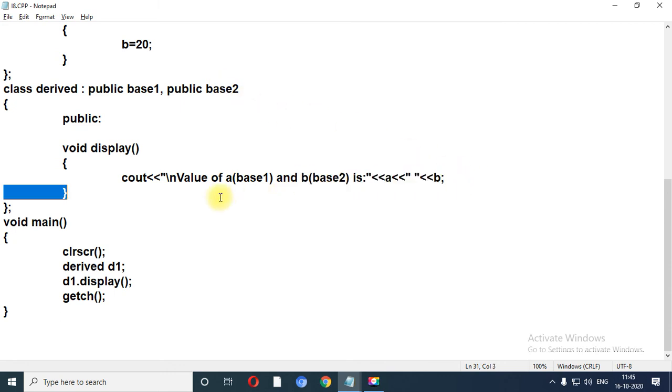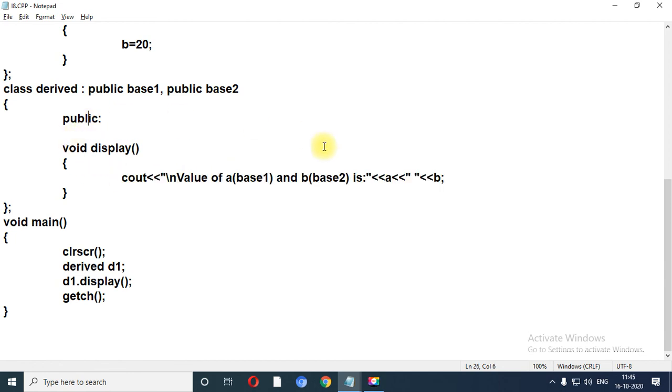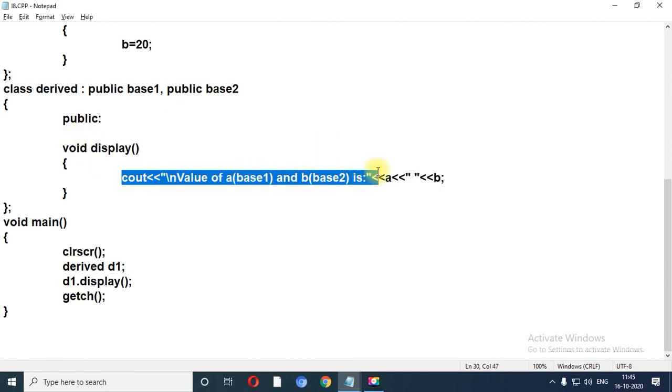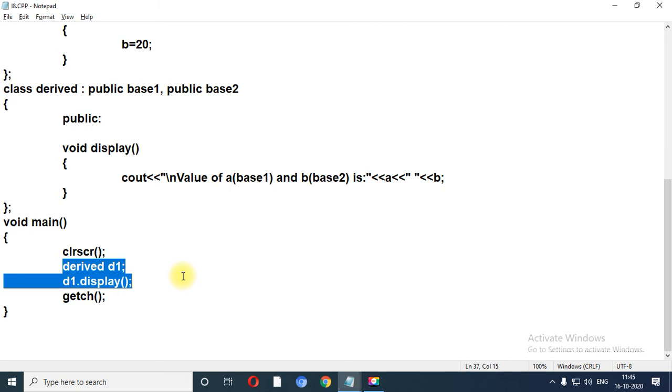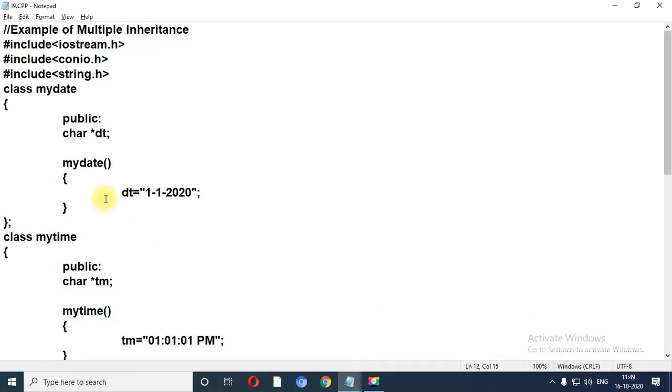Over here, see, I have already explained during the practical session that if you don't want to take variable c, in such cases you can directly use the value of a and b like this. You just need to create the object of derived class, and with the object of that you are able to call the display function of the derived class. Let me share the last program, which is based on the multiple inheritance.